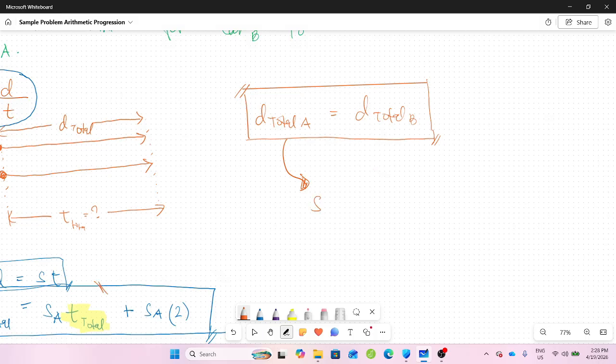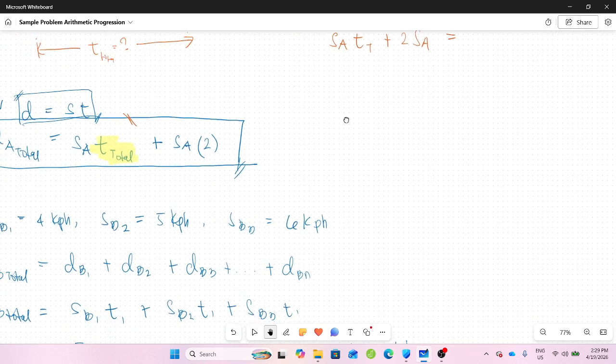So we have speed of A times t total plus 2SA. Now, I think it would be wise to make space for everything. I would just simplify this further. So speed of A times t total plus 2SA equals, for car B,